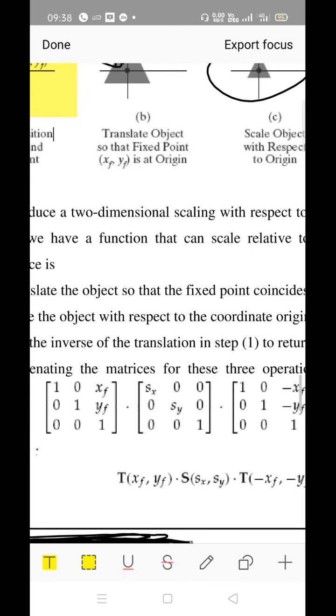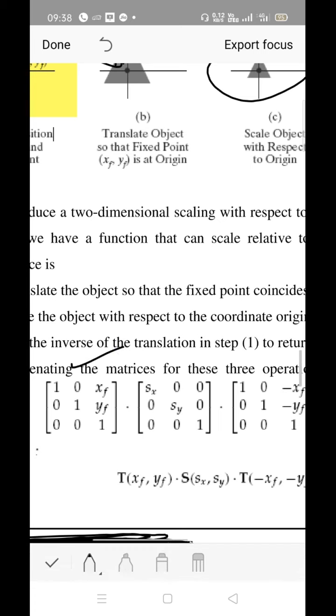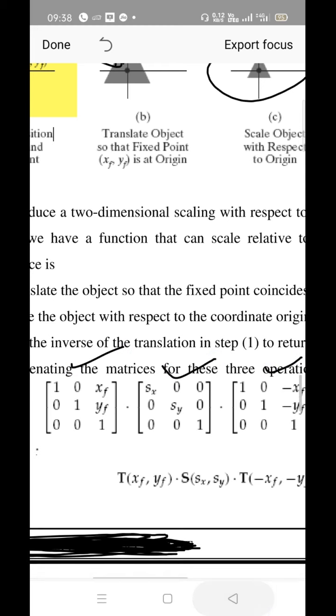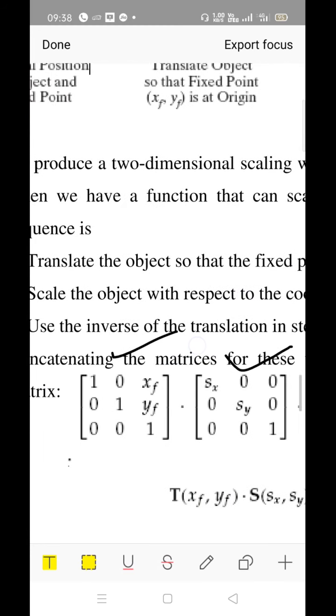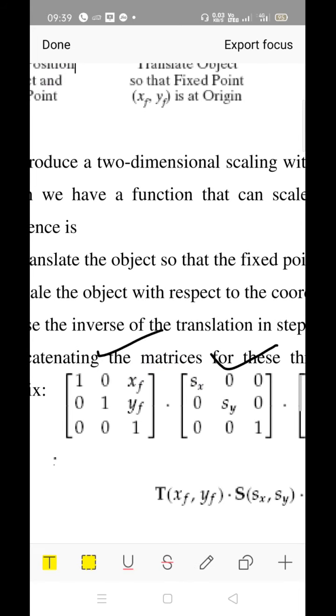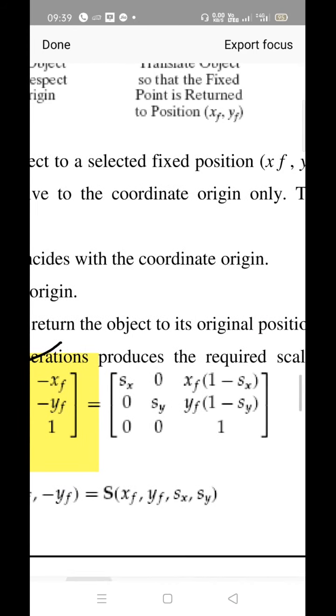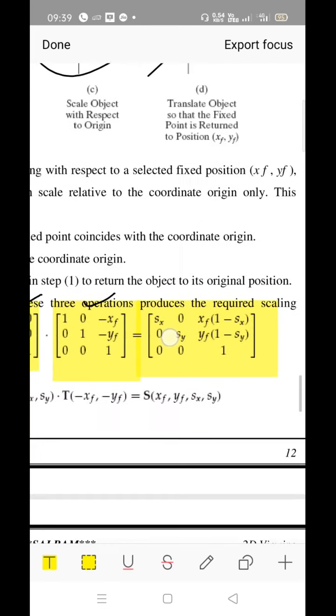Fine. Again, you can write the matrices here. So another form of composite transformation, a mixed type of transformation we have performed again: translation, scaling, and inverse translation. So check the matrices. This refers to translation in multiplication with scaling, in multiplication with inverse translation, isn't it? So the translation matrix is 1 0 xf, then 0 1 yf, 0 0 1. This is for scaling. Check here, the inverse translation. Again go for multiplying the matrices, you will get the resultant matrix. This is the resultant matrix after multiplication. Just go through the contents.